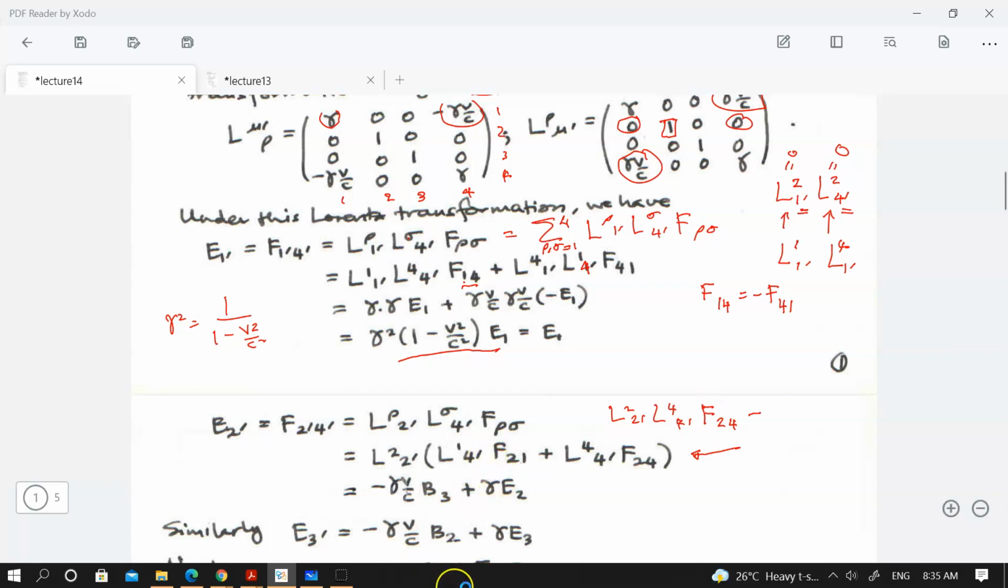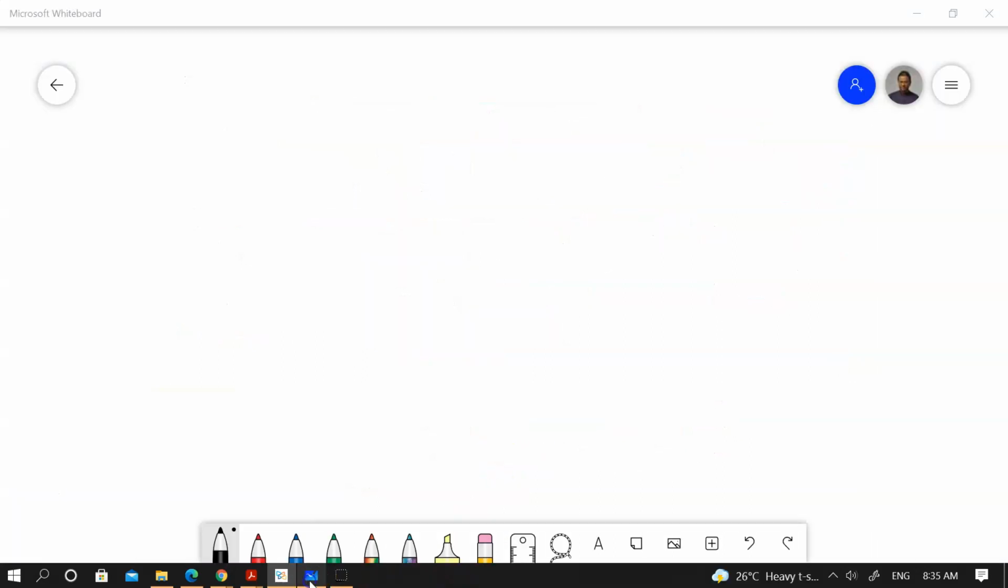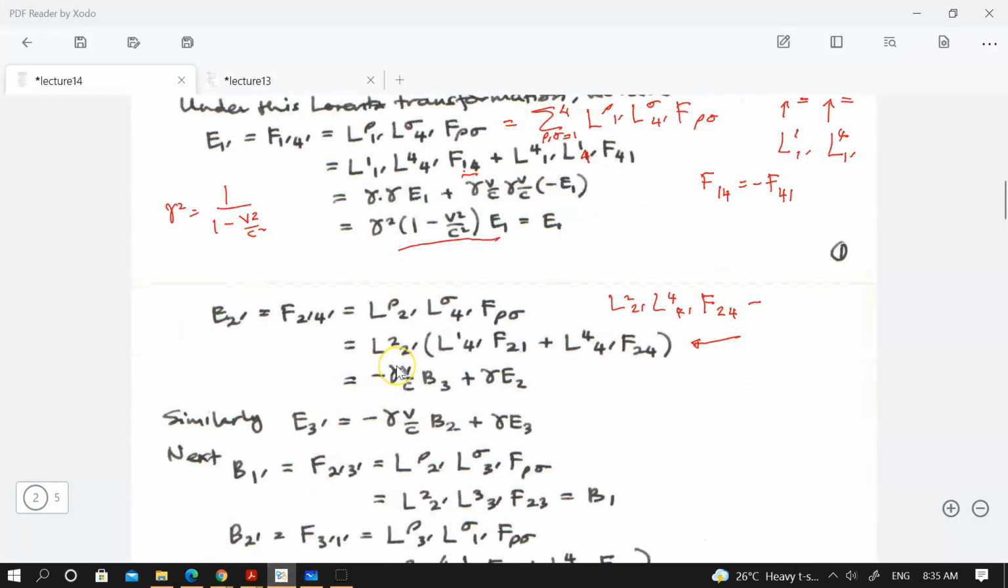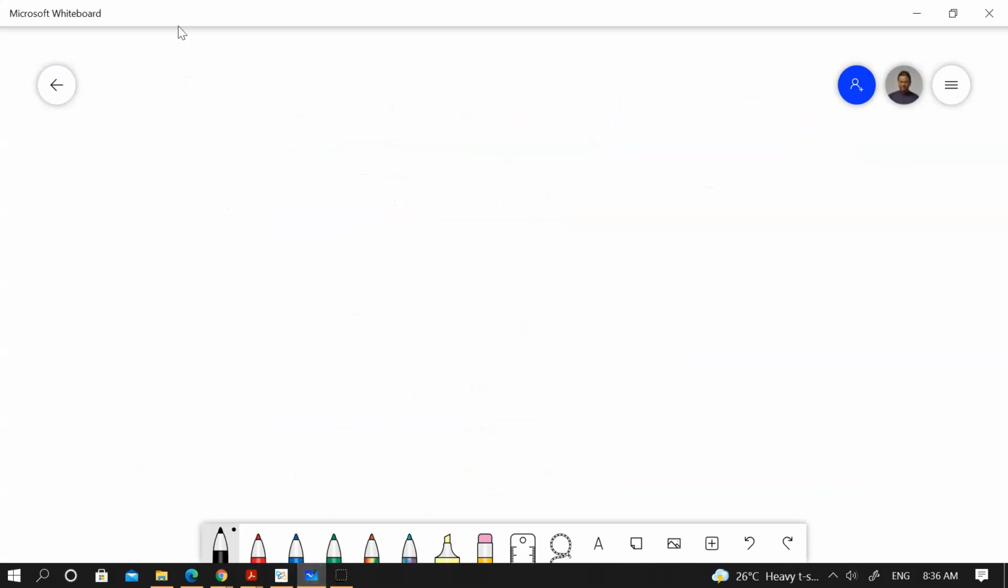Let me work this properly. Let me go to the whiteboard. L row 2 dash F. Okay. Sorry about this. I was not focusing on this part earlier. L4 dash F row sigma. Let me write this in full so that you can actually see what's going on. So I should be having all the